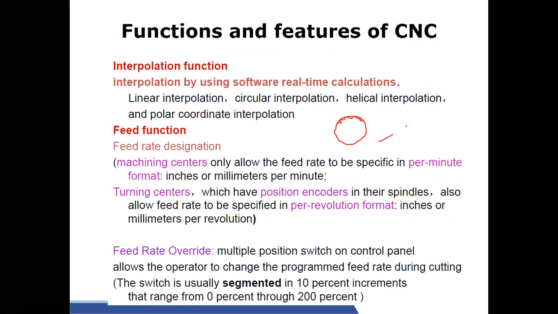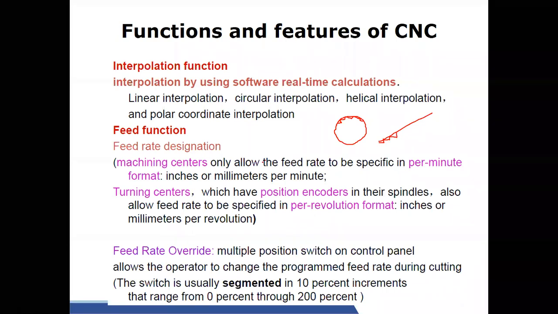A straight line also, if you look at it, seems to be a straight line, but in a CNC system the movement is not in this fashion. The movement will be something like this: X direction 1 micron, Y direction 1 micron, depending on the resolution. It may be 5 micron or 10 micron. So this kind of movement is known as linear interpolation.